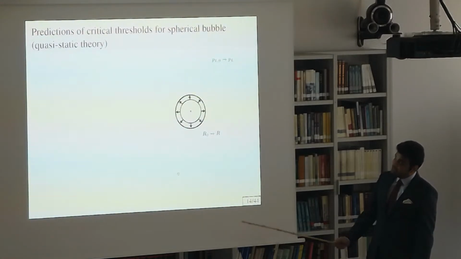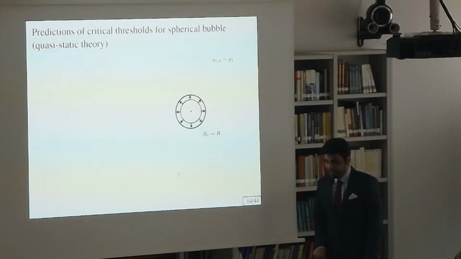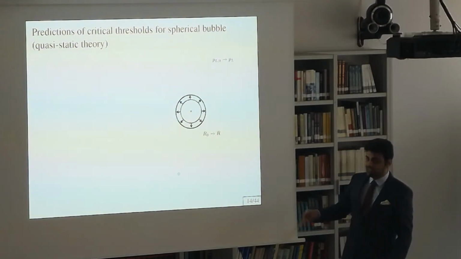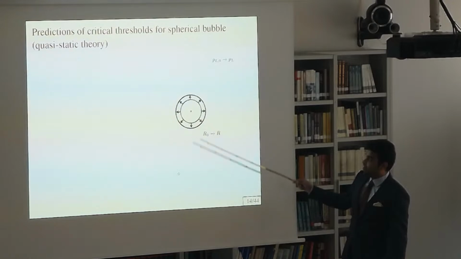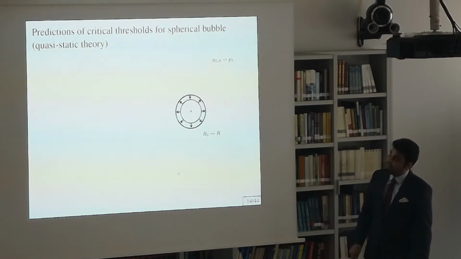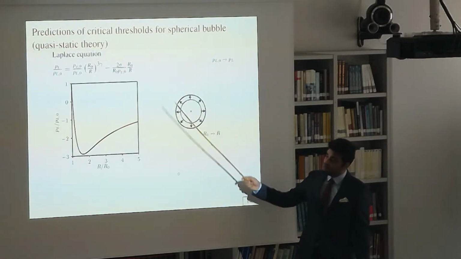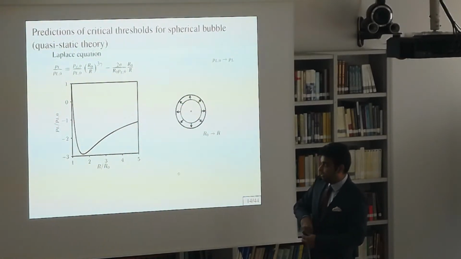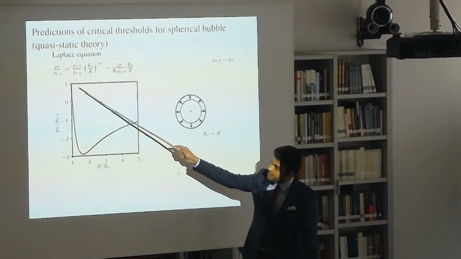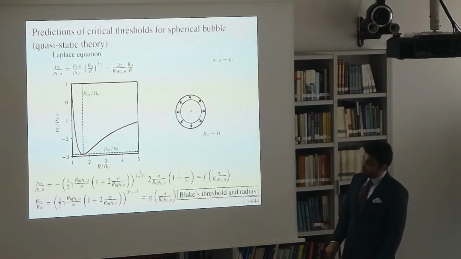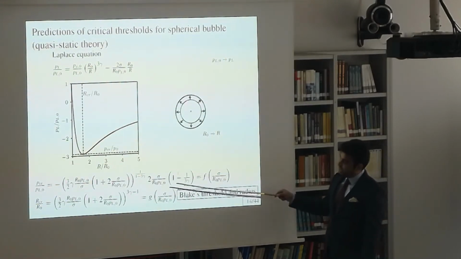We can predict this critical threshold by quasi-static theory, where we assume that the pressure is changing infinitely slowly and the radius of the bubble is also evolving infinitely slowly. And the dynamics or evolution of such a bubble is given by the Laplace law. I plot this Laplace equation here. You see as the pressure decreases, this bubble expands, it reaches this minimum, which can be predicted analytically, and it